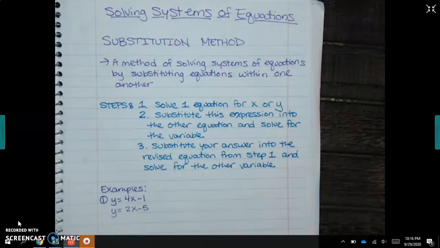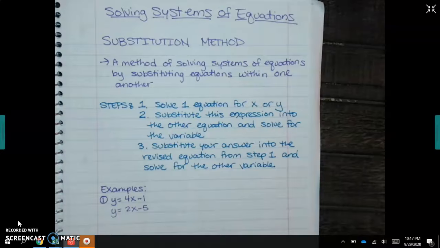Today we're going to talk about another method of solving systems of equations. This method is called the substitution method. Let's think for a minute what the word substitution really means. If you think about a substitute in a classroom, that is a person who replaces the teacher for the designated period of time. By definition, the substitution method is a method of solving systems of equations by substituting equations within